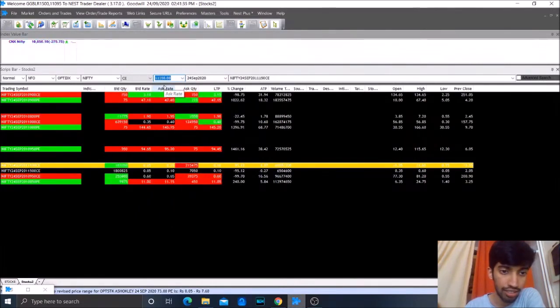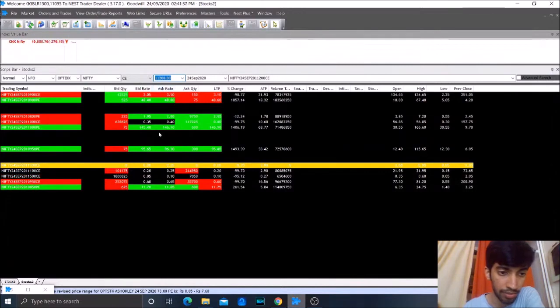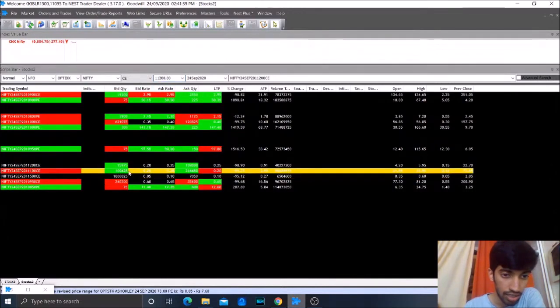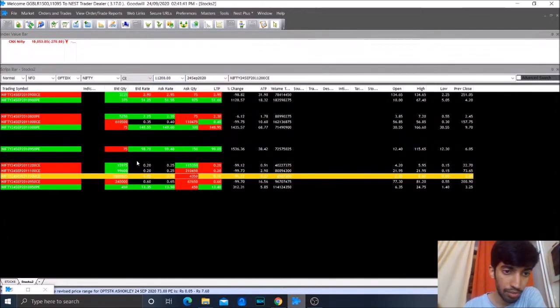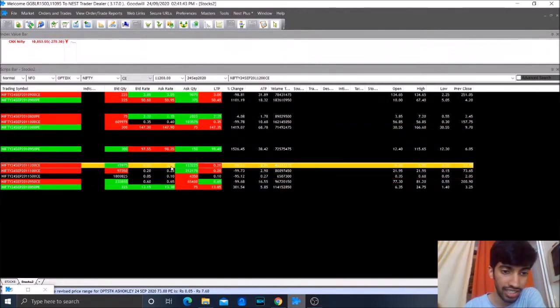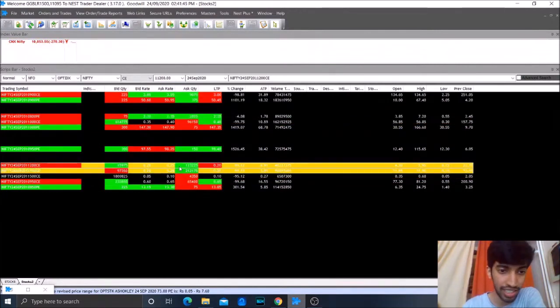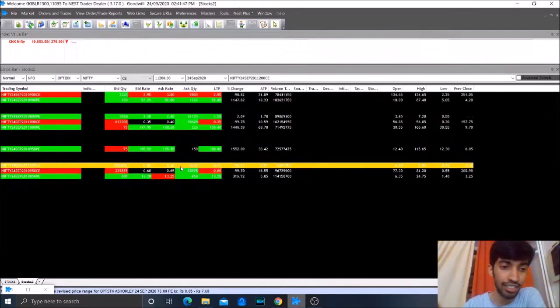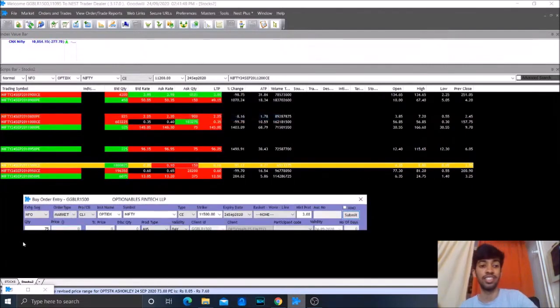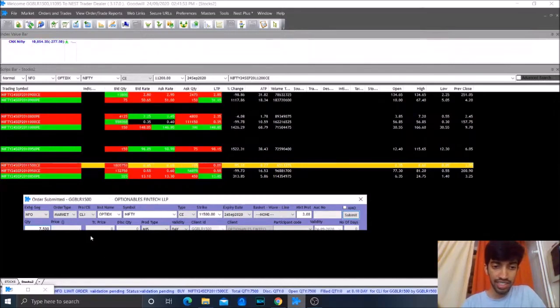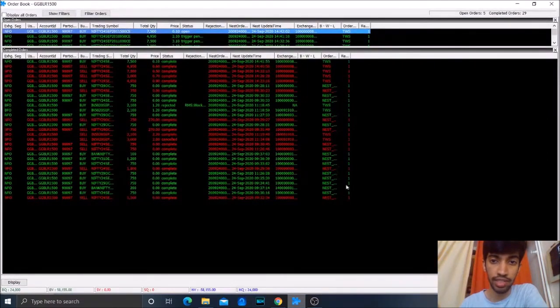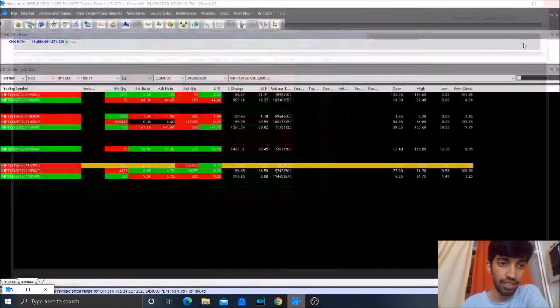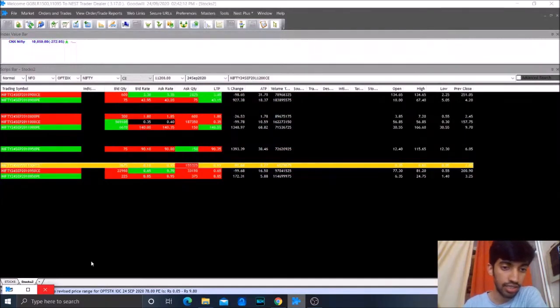11,100. Okay, 11,100 won't be helping me much, because both are at 0.2, and from this I'll be receiving 0.3, which means I literally will be receiving 0. So I would rather go to 11,500 just for hedge, and I'll be buying 7. So this hedge is again not for anything related to risk management. So we have one order which is complete, and yeah,